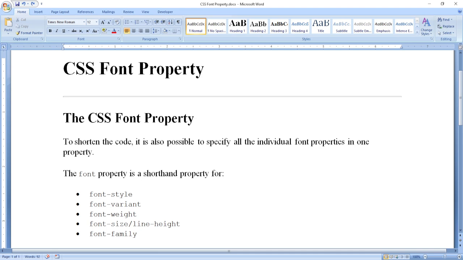Right now we'll be discussing the CSS font property, which shortens the code. It is also possible to specify all the individual font properties in one property. The font property is a shorthand property for the font-style property,